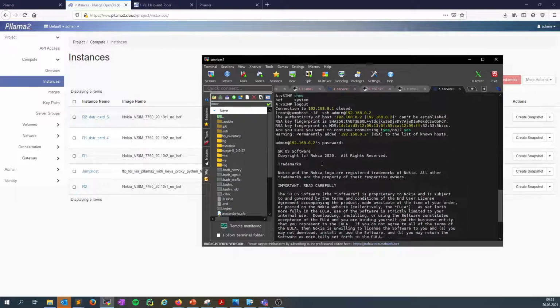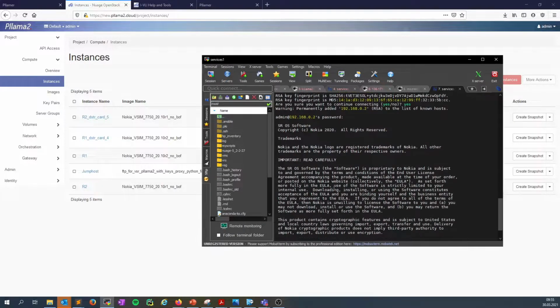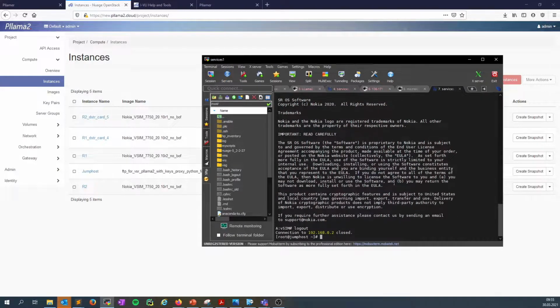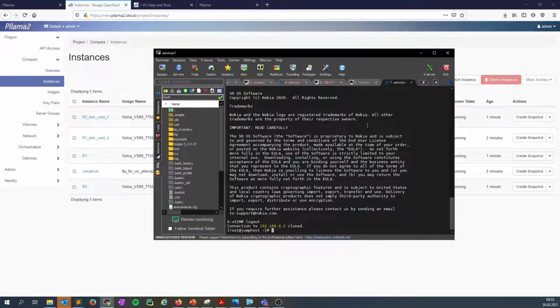If you log into the node, you can see that you cannot make any additional activities, only show system and show license. It means that something's wrong with the licensing, and they didn't get the license properly. It can mean two things: that the jump host was started later than the nodes themselves, or the licenses are not proper there. What you can check and what you can do: